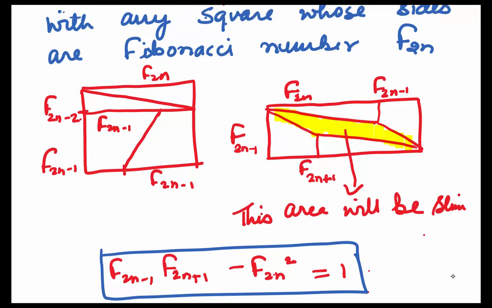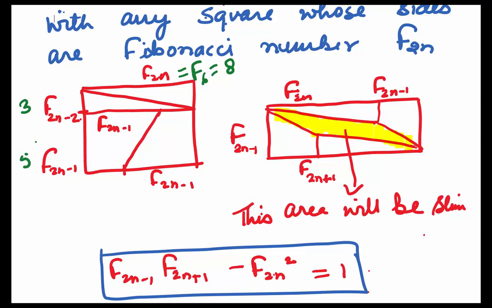So what we have here is a general figure, a square with sides f of 2n. If we take any particular value for n, we get a particular square. Now, what if I take n to be 3? We will be getting the above figure. And for n is equal to 3, this would be f6. f6 is nothing but 8. And this part of the side will be 3, this will be 5. This is what we had just done above.